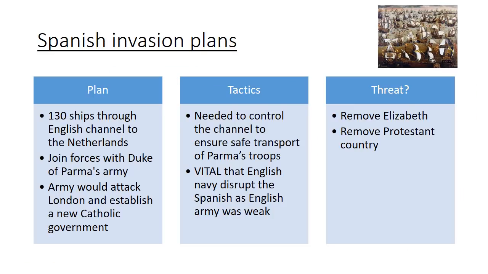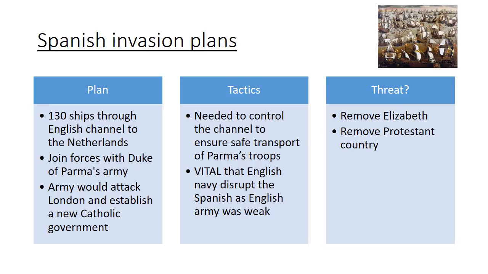So what was the plan? Well, the plan was quite simple. Big invasion fleet, 130 ships, plough through the English Channel, go to the Netherlands, get the Spanish army from the Netherlands, transport them across, attack London, and get a new Catholic government in. Easy peasy. Obviously, the only problem was they needed to